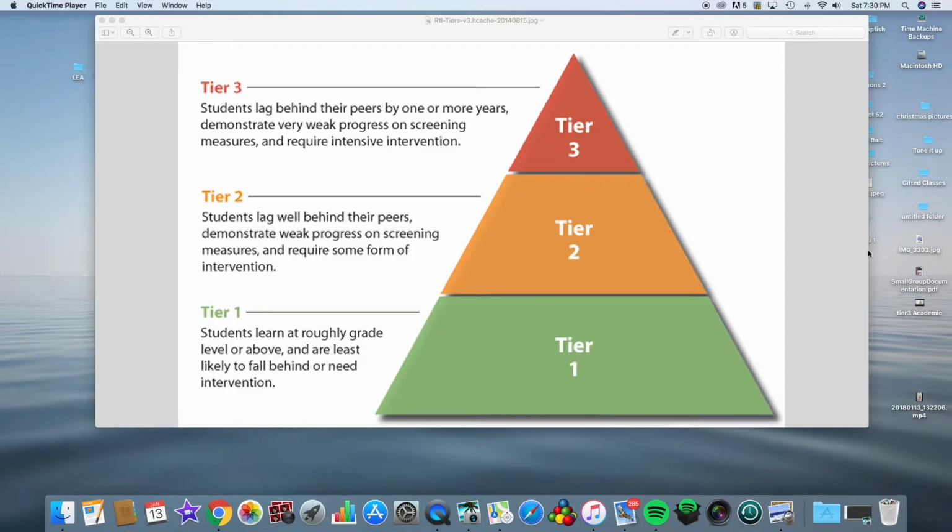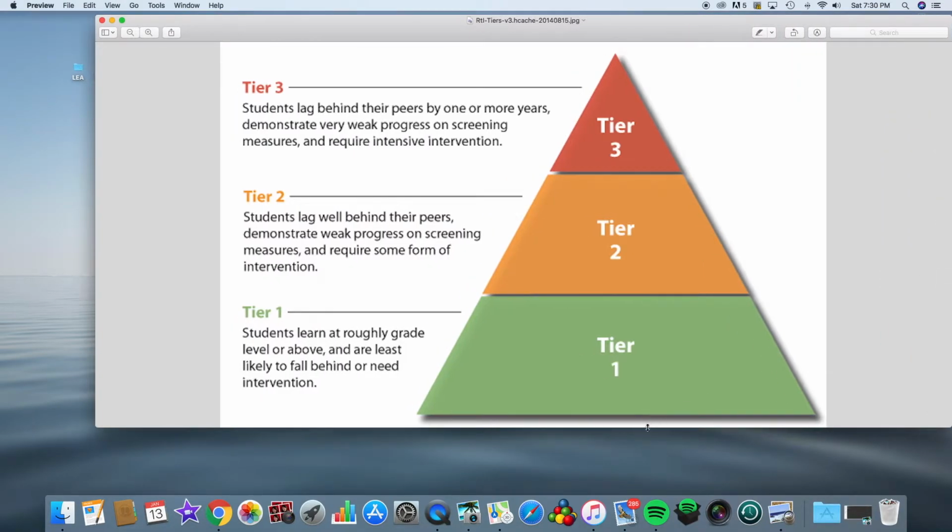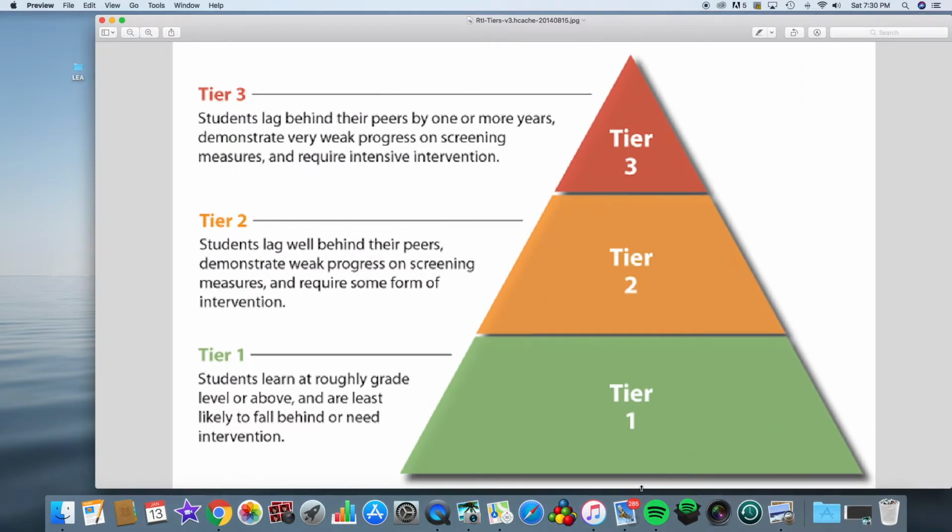Now we're going to move on to Tier 3, and Tier 3 is all about that one-on-one intervention. So now we're up here in the highest level of the pyramid, and this area is for students that are struggling seriously, that the Tier 2 intervention wasn't working, and now we need to get up to this more intensive intervention with Tier 3. For academics, we're still going to use the same progress monitoring sheet that we did for